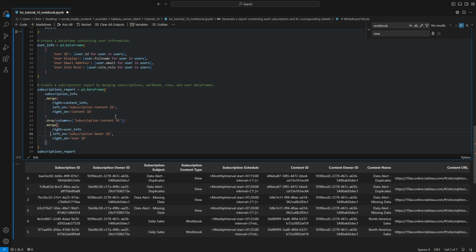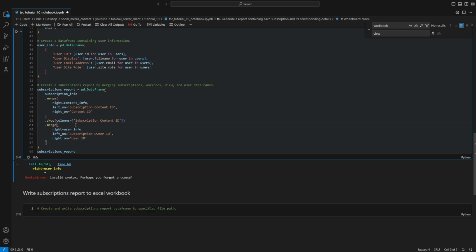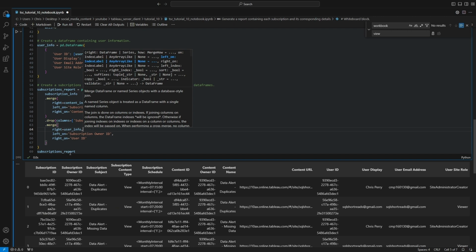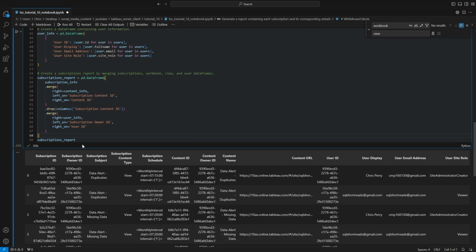Oh, the most important part here. Let's see. Go ahead and run this. Invalid syntax. Forgot a comma, right. Oh, it's just one pesky comma. There we go. All right, so I've run the report again, and we now see the user information associated with